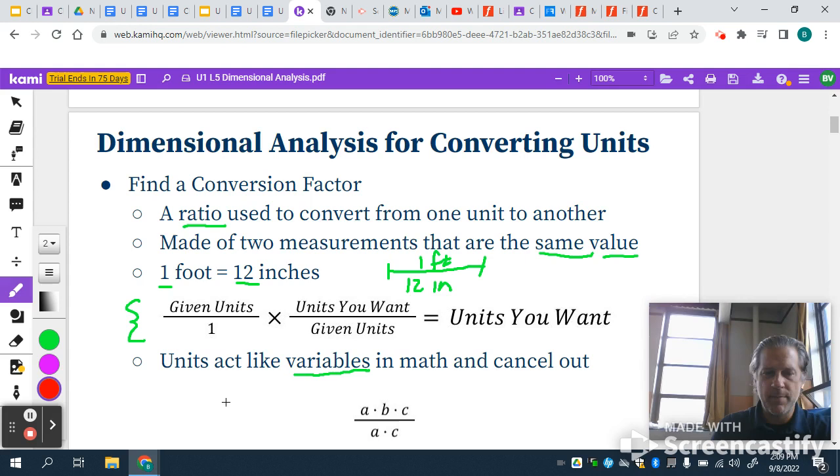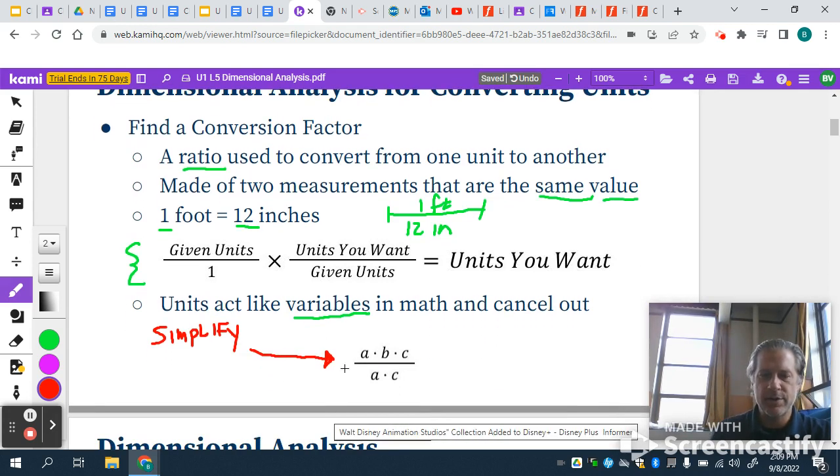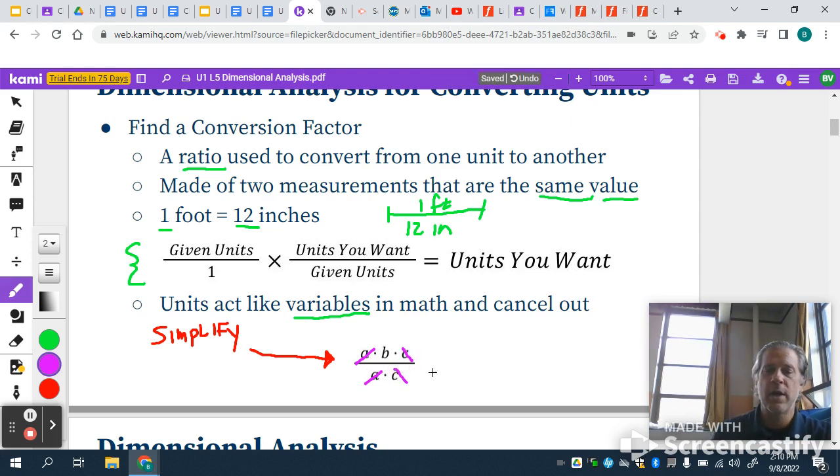So if you were in math class, you know this expression A times B times C over A times C, and you were asked to simplify that, what would you do? Well, most of us would say, "Oh, I see there's an A up on top, and I see there's an A on the bottom. So I'm going to divide the A's out, cancel the A's out. I also see that there's a C on top and a C on the bottom, so I'm going to divide the C's out. And so my final answer here, once this is simplified, is simply going to be the variable